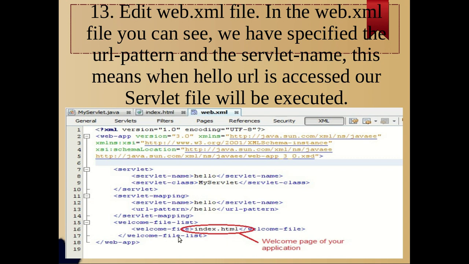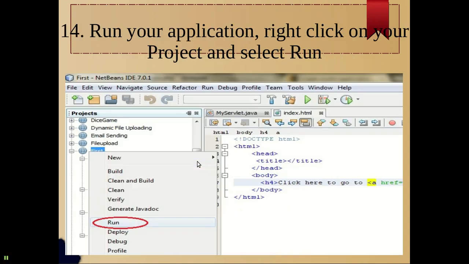So if it is HTML, you can add the welcome-file-list element over here, and in the welcome-file element you can add the HTML file, that is index.html, so that this file gets executed. Either option is there, and on index.html right click and click on Run, that is another option.